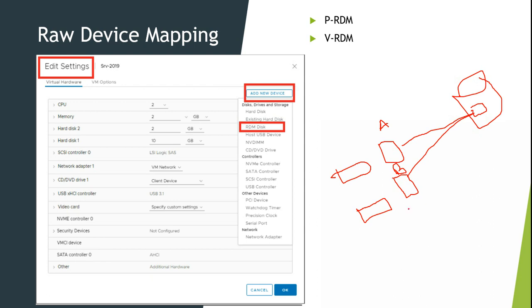This topic is very important to understand. So for your A node, which will be the primary node of the cluster, you will attach this RDM. How you do that is right click on the VM, edit settings, go to add device and select RDM, as I showed here, and then